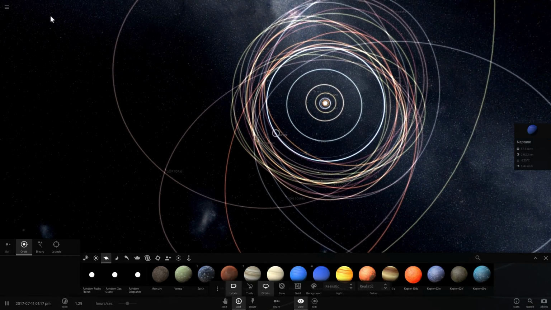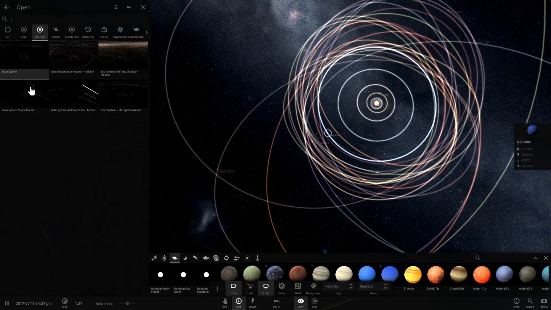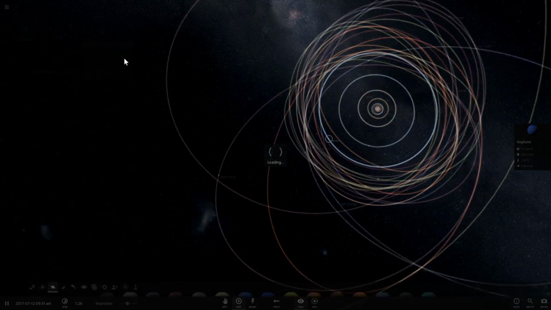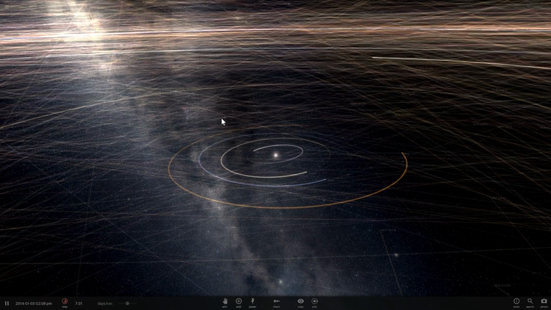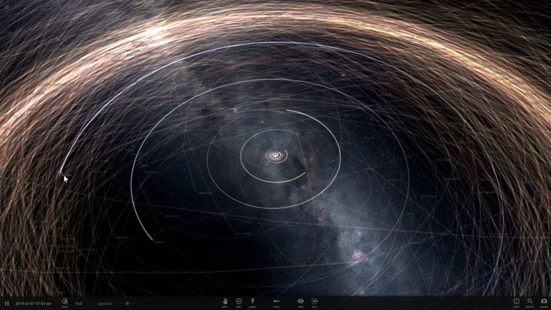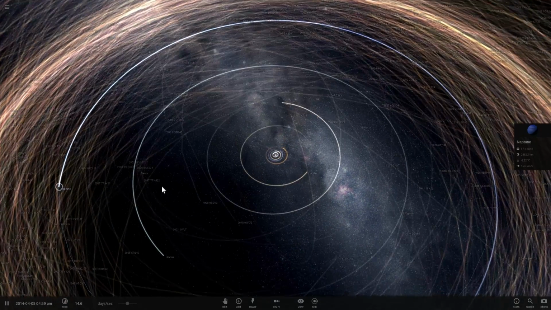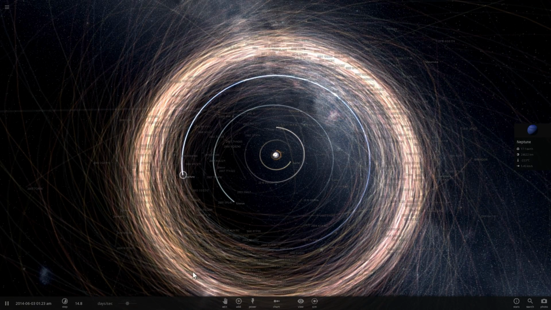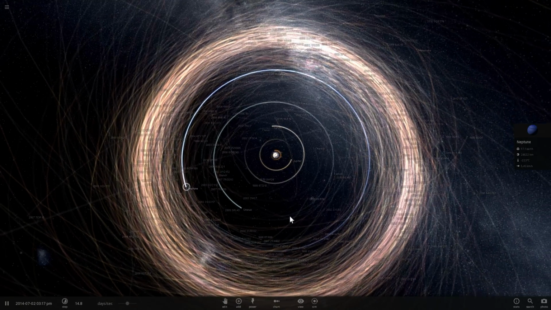I'm going to show you how many there are by showing you another simulation in Universe Sandbox 2 called Solar System All Possible Dwarf Planets. Now, this is actually not all possible dwarf planets, because we found some more since they created the simulation, but just watch how many there are that we have in the game. It is ridiculous. So, Neptune, which is right here, is the last large planet, and then right after Neptune, look at all these orbits. My computer can't even handle the amount of Trans-Neptunian objects.